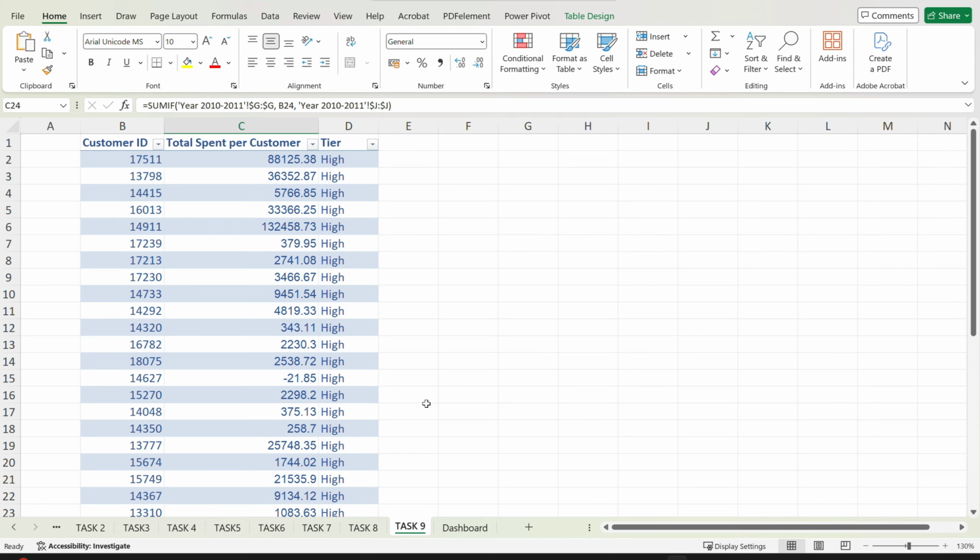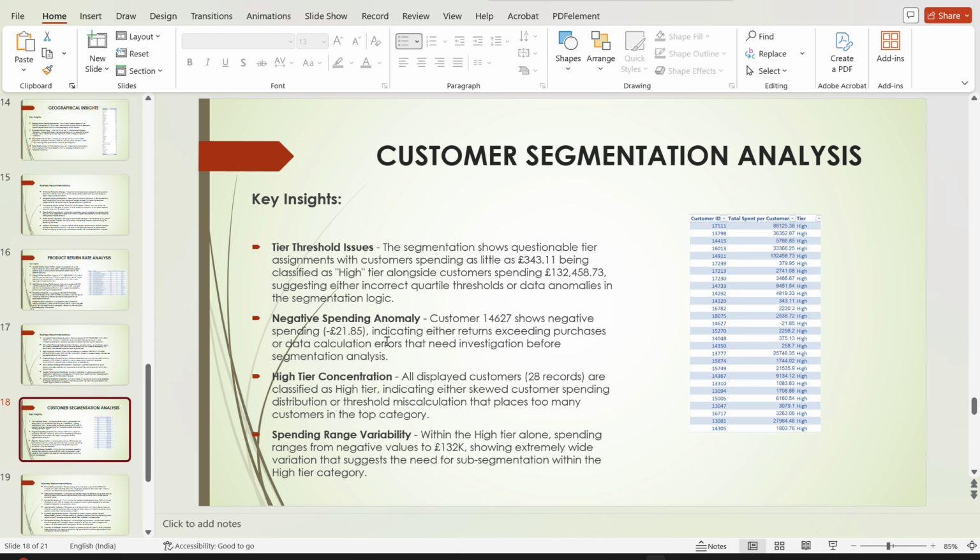Moving to task 9, that is for customer segmentation. I used quartile to set spending thresholds and categorized customers into high, medium, and low tiers for targeted marketing. Threshold issues: the segmentation shows questionable tiers, with a customer spending as little as 343 euro being classified as high tier, alongside a customer spending 132k euro,